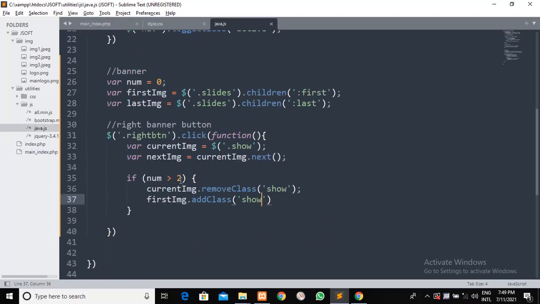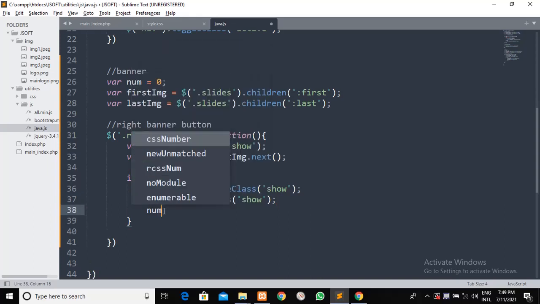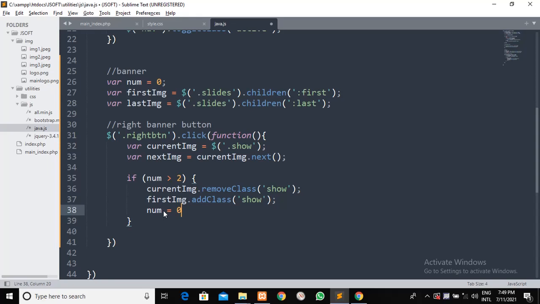So if it's greater than 2, it should go back, and once I've done that, we'll change the number to number is equal to 0. It will go back to 0 again, and continue again, go back to 0, continue. That's the logic of that code. But if it's not so, else